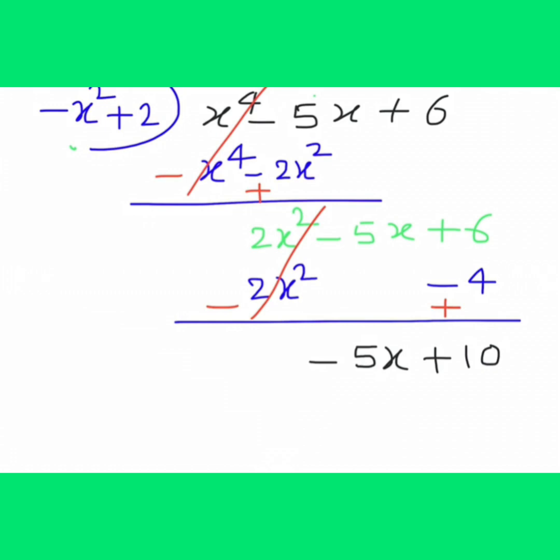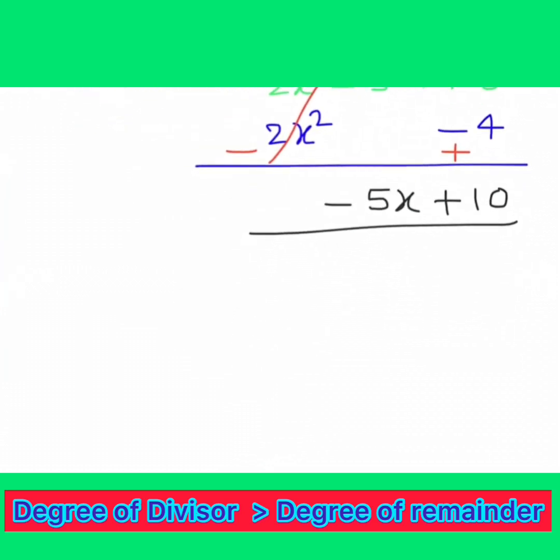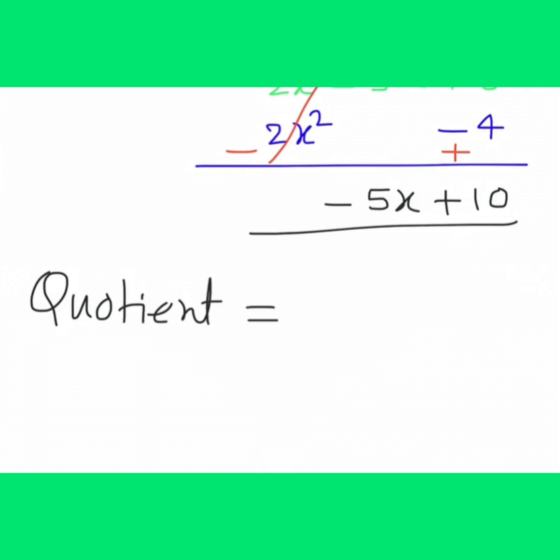So finally you can write this is the remainder. Why? Because the process is end here. You can observe that the degree of the divisor is greater than the degree of the remainder. So the process of division is end here. जब यहाँ पे डिग्री डिवाइजर से छोटा हो जाएगा तो अब हम इसे डिवाइड नहीं कर पाएंगे। तो यहाँ पे कोशेंट क्या हो जाएगा, माइनस एक्स स्क्वायर माइनस टू, और रिमाइंडर क्या हो जाएगा ये। तो आप यहाँ पे आंसर लिखेंगे फाइनली कोशेंट equal to and remainder.